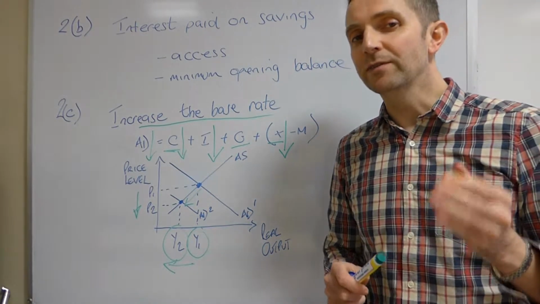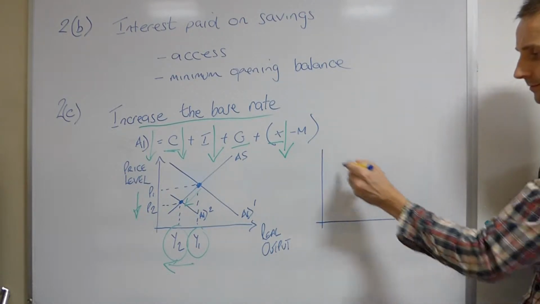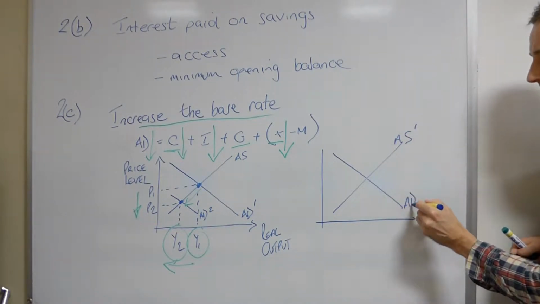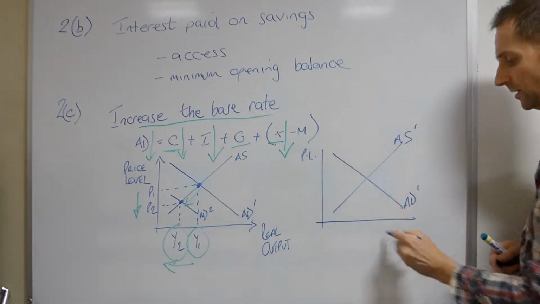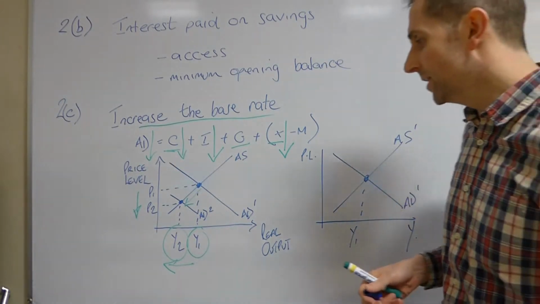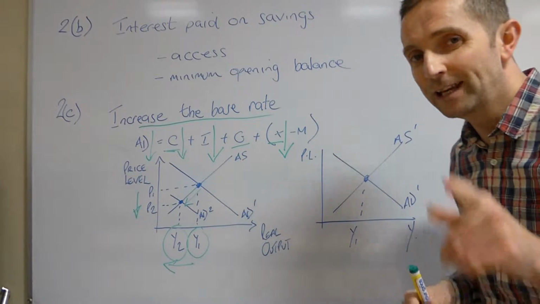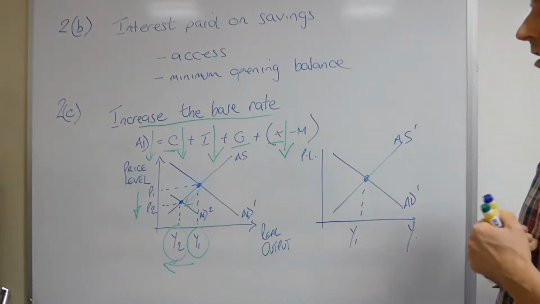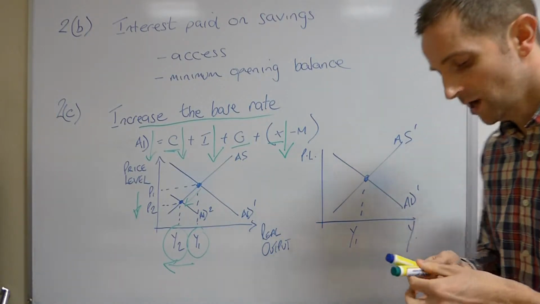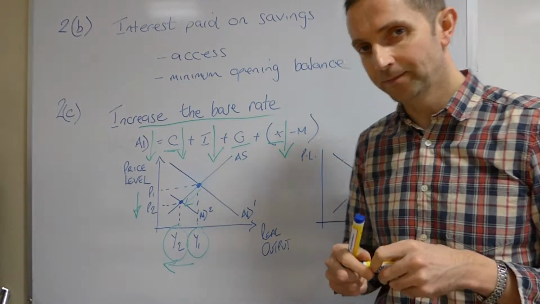So that would be a tremendous answer. If you really wanted to be fancy-dancy about this, what you could also say is this. AS1, AD1, price level, and the level of national income here. So if you really want to be a fancy Dan about this, you are obviously talking about demand pull inflation and reducing the effects of it. If you really want to be fancy about it, you could also talk about what would happen to cost push inflation. Now, cost push inflation would of course impact AS rather than AD.